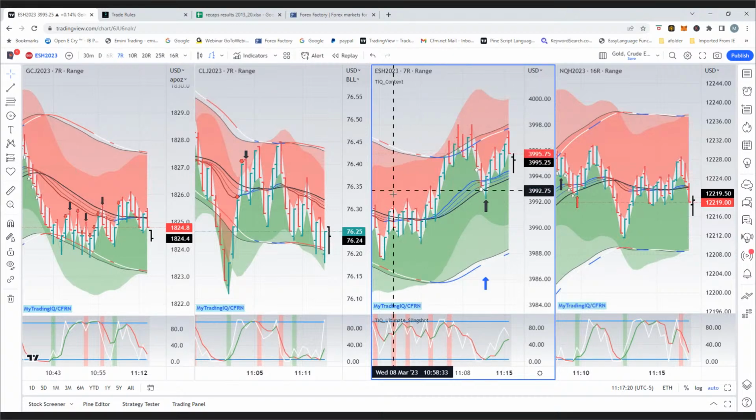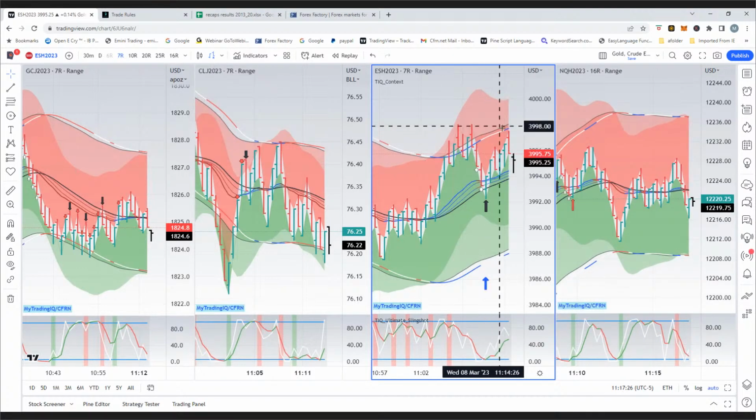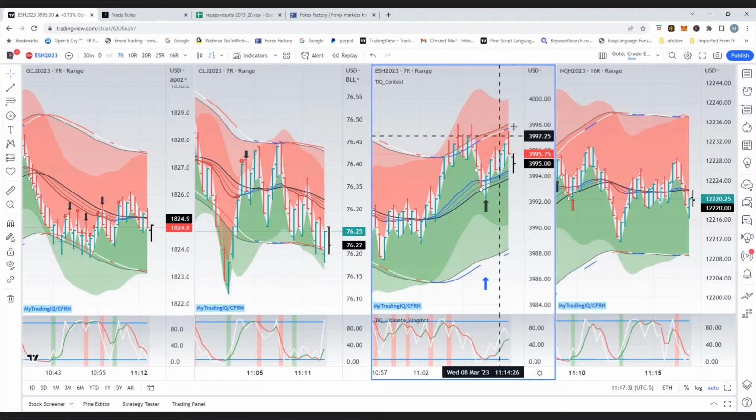Okay. On the ES, we're in the ribbon right now. We're not going to get an arrow out of this, but if we get an up close, that would still be a valid trade. Granted, the last one did not put in a higher swing. So what I said earlier about being suspect of the ones that come after you do not put in a higher swing,